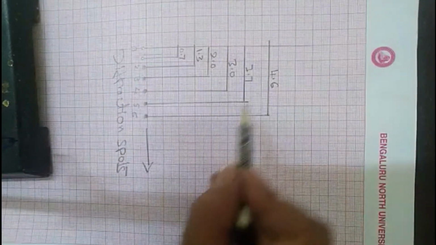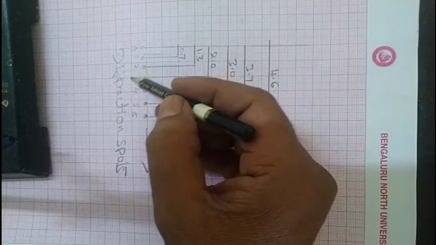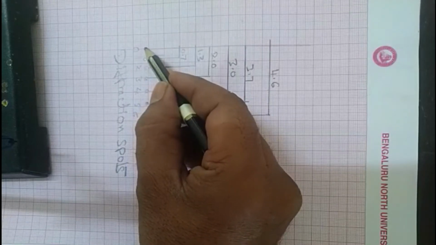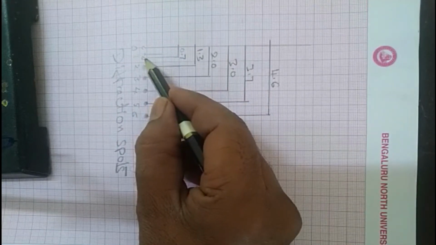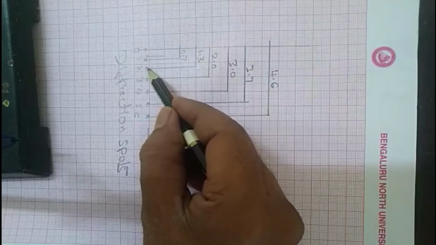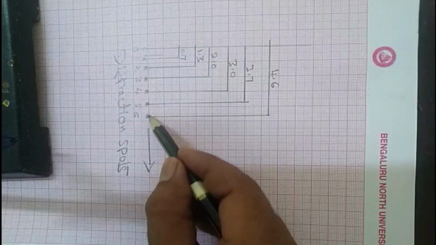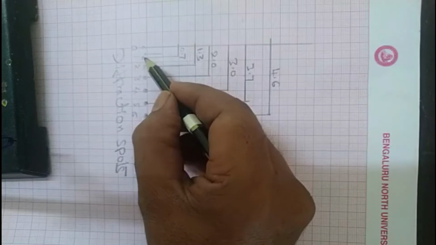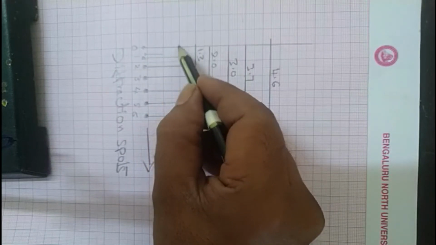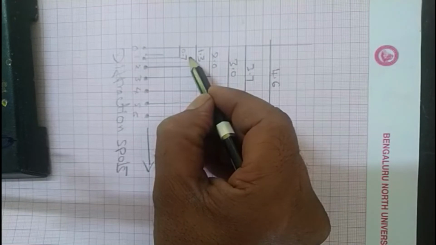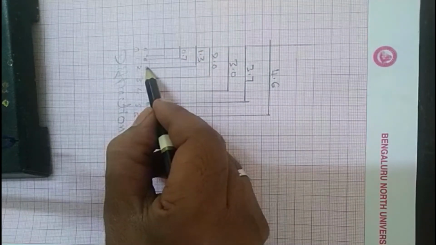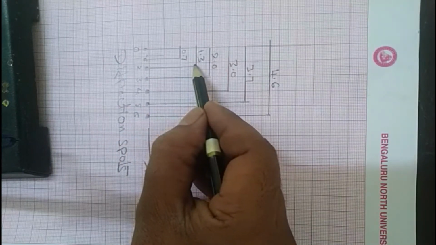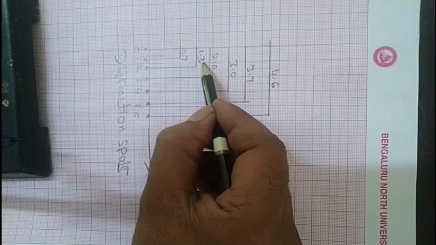Now look at the graph sheet where I have marked the diffraction spots. Here was the central spot O, and then the first diffracted spot is 1, then second 2, 3, 4, 5, 6. The distance of the central spot to 1 is measured by drawing a line like this, and this width is found to be 0.7 centimeter. Similarly, for the second spot from the central spot, the distance is measured by drawing another parallel line. This width is found to be 1.3 centimeter.